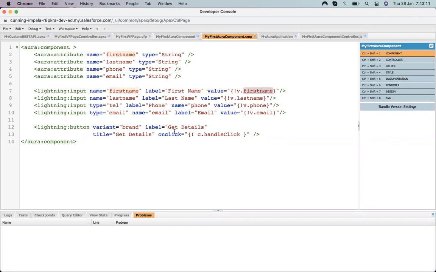Raj, I get a little bit confused. We use this first name in three places: one is the aura attribute, second is the lightning input, and third is in the controller. What is the relationship? Whenever you put input in the input box, what happens? Can you tell us step by step?